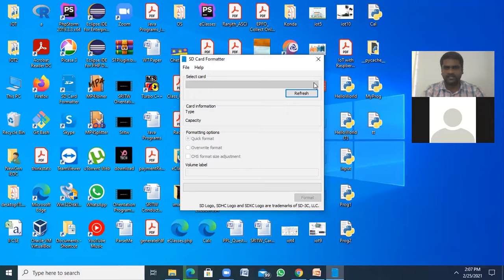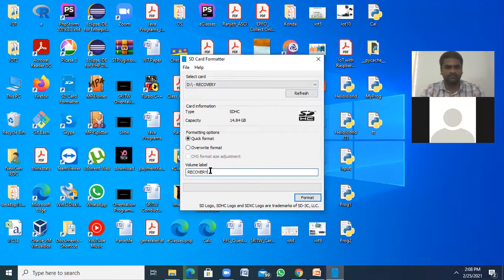Is there an SD card connected? No, it is not showing anything here. If we insert it, okay, I'm inserting it into my laptop. Just refresh it. It shows the drive.